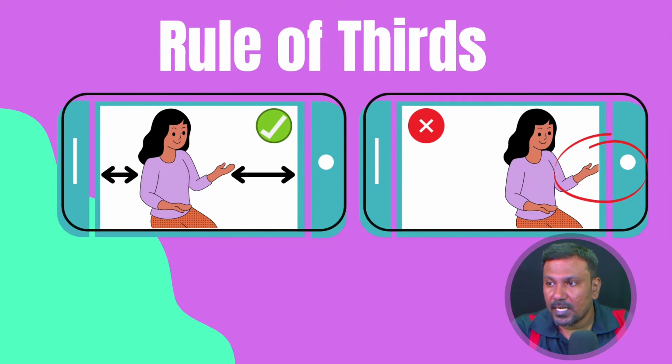Rule of thirds. As headroom is about the space above your head, rule of thirds is about the space on the sides. Sitting or standing in the center of the frame is optimal, no problem in that, but studies show positioning yourself slightly left or right in the frame will make your video more desirable. When people like it, we do it, right? But be aware that when you stand close to the left, position your body slightly right, and vice versa. Don't sit close to an edge of the screen and stare at it. That will be bad.